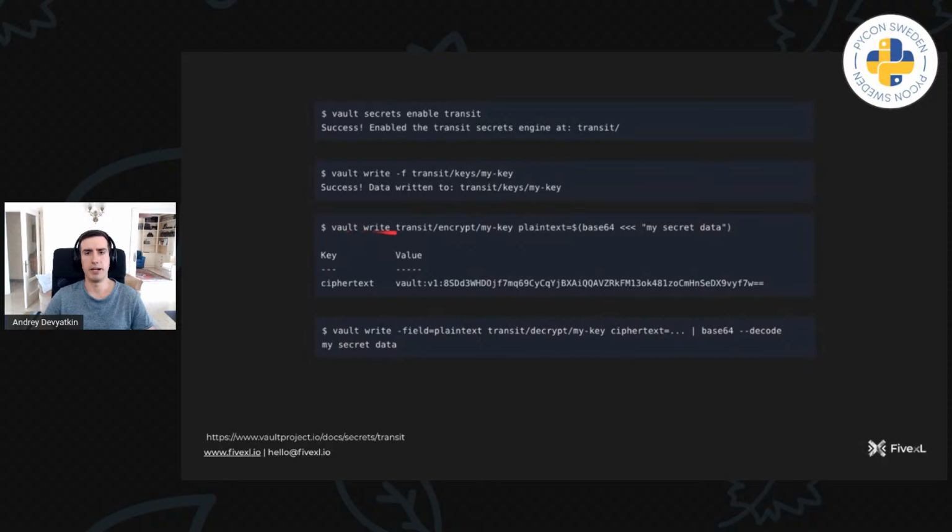I believe it's AES 256, but I might be wrong about that, so you have to check it. And then we're writing something. We're saying please encrypt using this key. We're passing the plain text, and we're getting encrypted text. Now we can send this text in Slack, for instance, or in email or whatever, and then the receiver of the text could use Vault, if he has access to the same key, to decrypt it and get the data back. So you have encryption as a service, which is quite powerful and enables a lot of